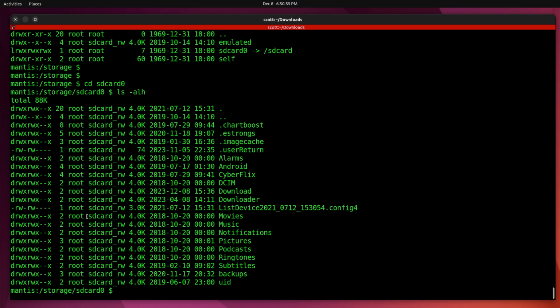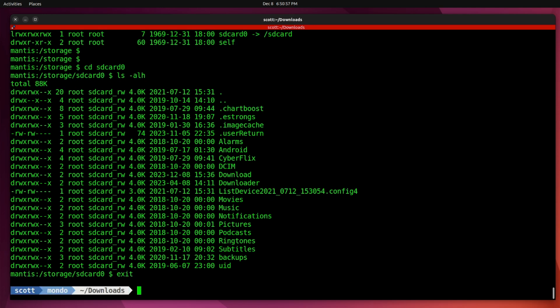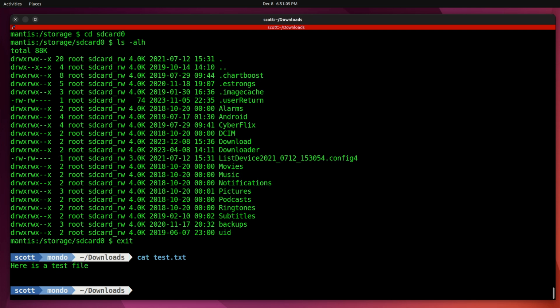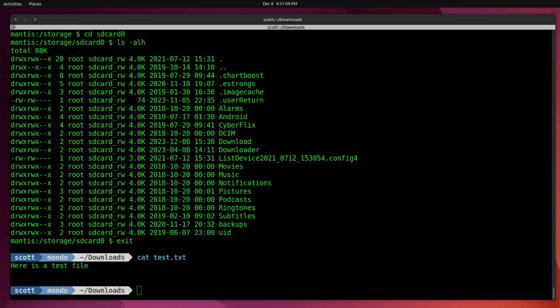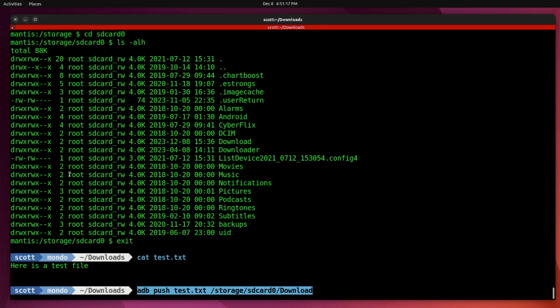So I'm going to go ahead and exit out of the bridge and come back to my local desktop, and I have a file that's called test.txt, which I'll go ahead and cat out. It's not real exciting, but it just has the text: this is a text file. And one of the things that we'll be able to do is to take that text file and move that up there with an ADB push test.txt to